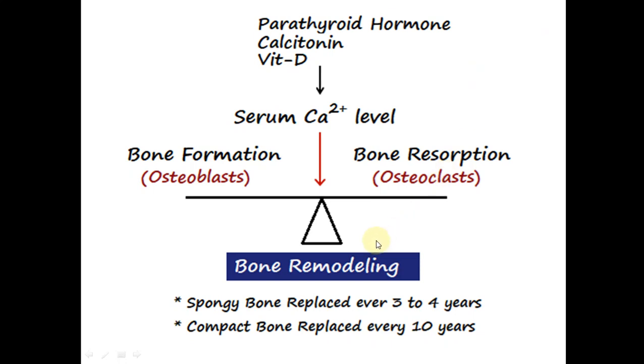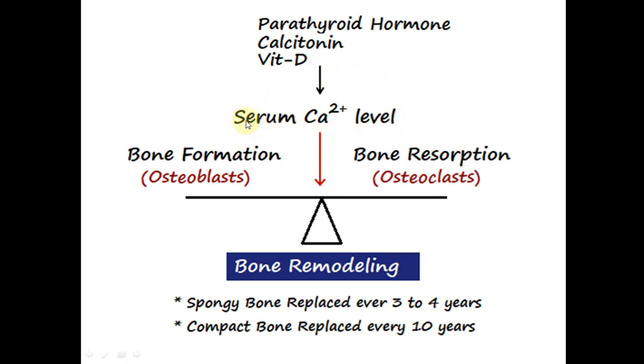Now, bone remodeling is the result of the balance between bone formation and bone resorption. There are many diseases in which there is either excessive bone formation, for example, as seen in Paget disease, or excessive bone resorption, commonly seen in the disease known as osteoporosis. However, this balance of bone formation by the osteoblasts and bone resorption by the osteoclasts depends on the serum